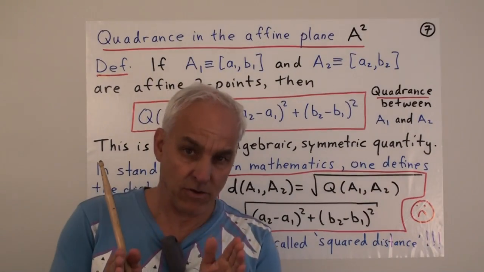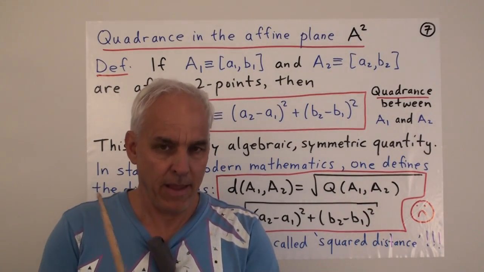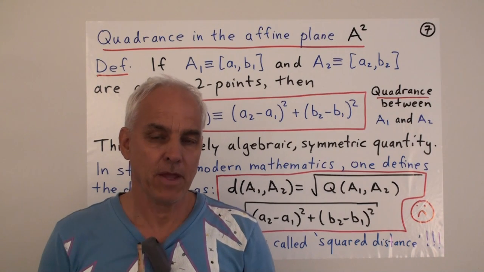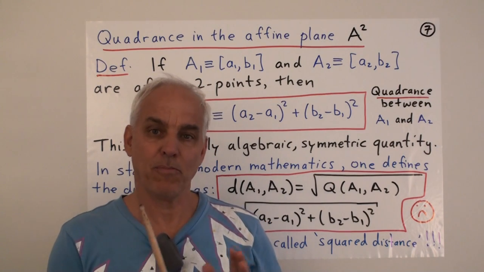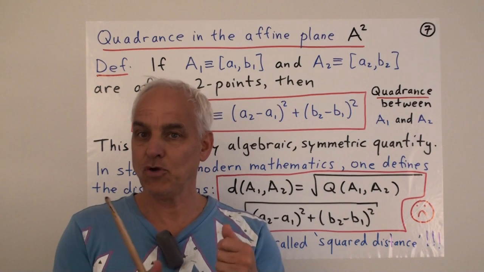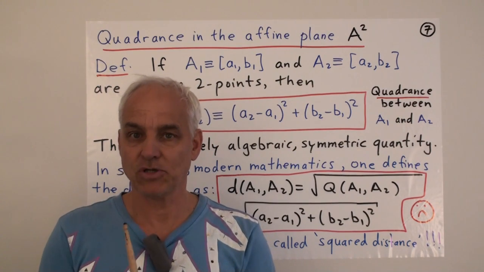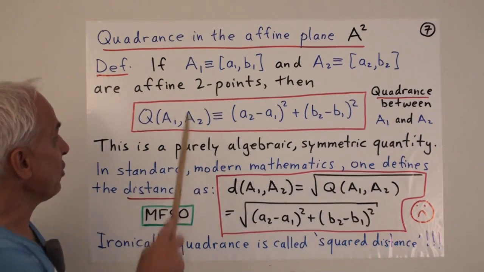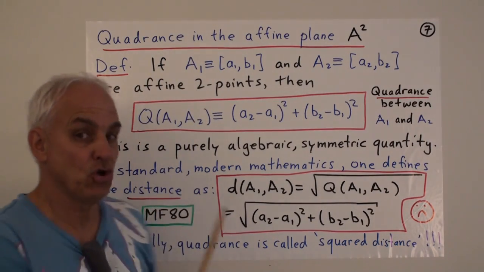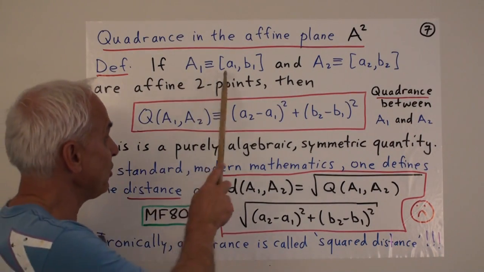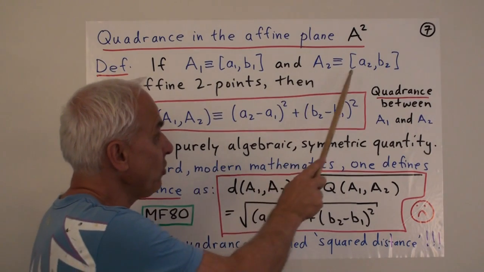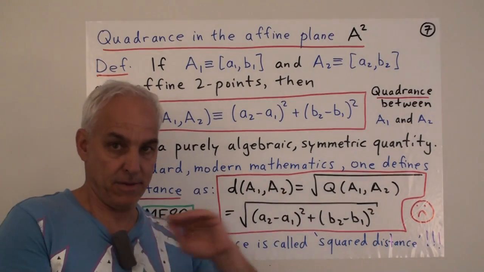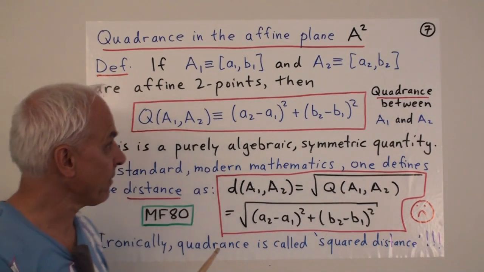So to understand what's really going on with Heron's formula and how we really ought to think about this fundamental theorem, let's go to planar geometry and establish just a few basic notions about measurement in the plane. Suppose we have two points, A1 = (a1, b1) and A2 = (a2, b2). These are now points in a plane rather than points on a line.